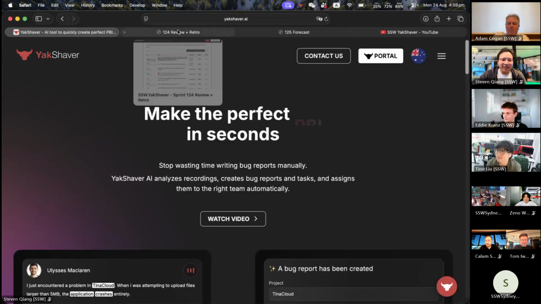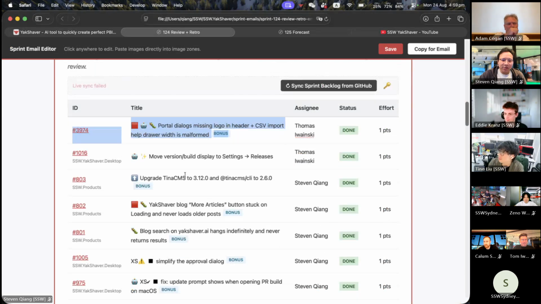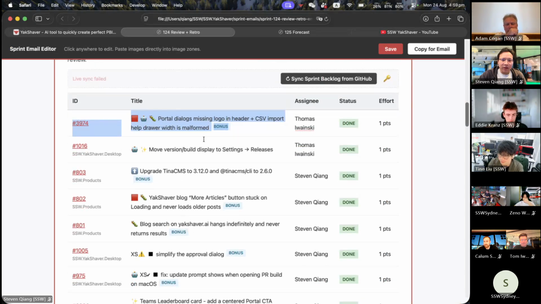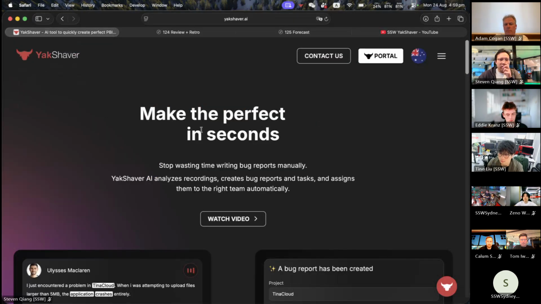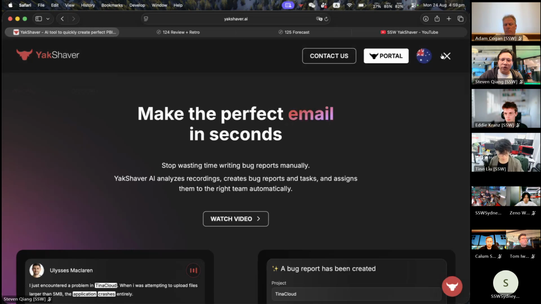Let's look at the next one. The next one is the YakShaver blog: more article buttons stuck on loading. This issue was found when we were adding more blogs into our blog page. Now I'm at the YakShaver website. If I go to blog,